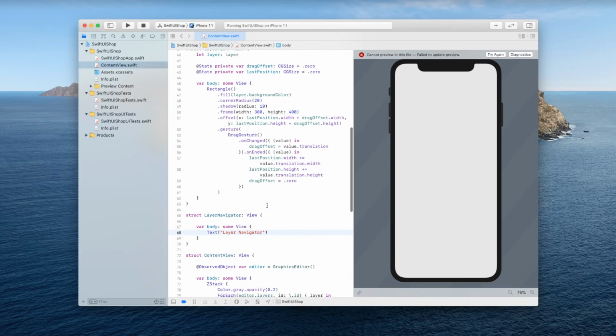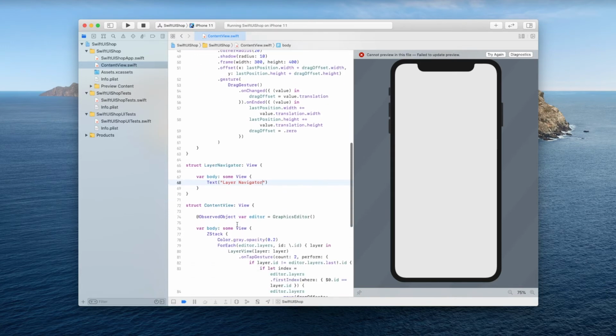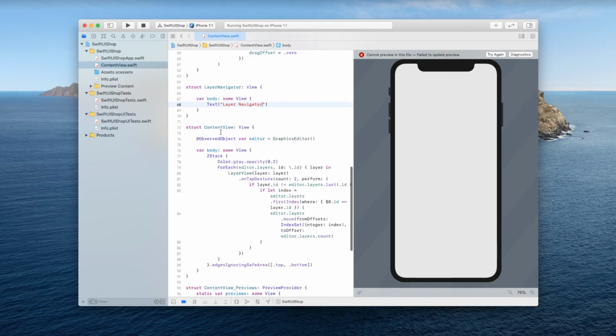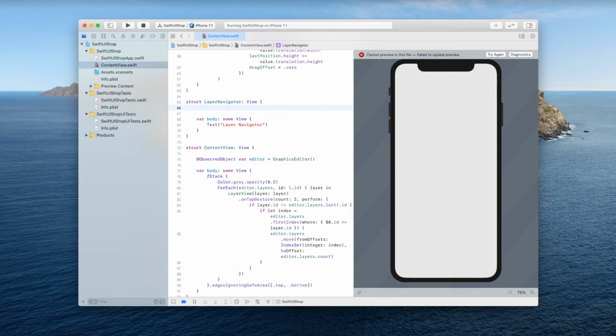Okay, so this layer navigator has to have access to all our layers. And the way we're going to do it is we're going to pass it through the content view. So from the content view, we pass this over to the layer navigator. So for that, the layer navigator needs a property called layers,